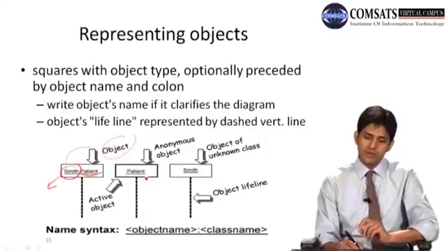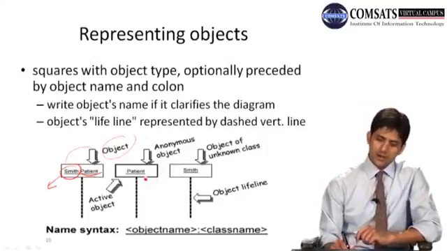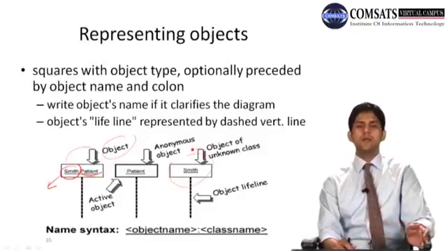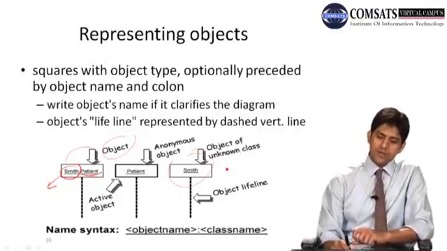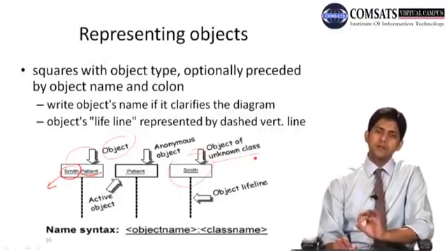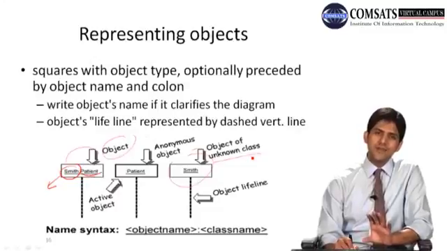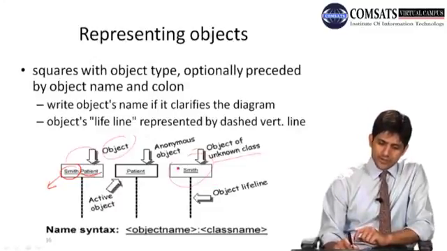whereas इसके अंदर we have not done that, we have just written the name of the class patient, so we call this an anonymous object, okay जी। और this is another thing, ठीक है, इसके अंदर हमने क्या किया, we have just written the object, we did not write the name of the class, okay जी। तो we can also do that, लेकिन हम इसको कहेंगे object of unknown class, हमें अब इसकी class का ही नहीं पता, ठीक है। Now this is not ideal, ठीक है।